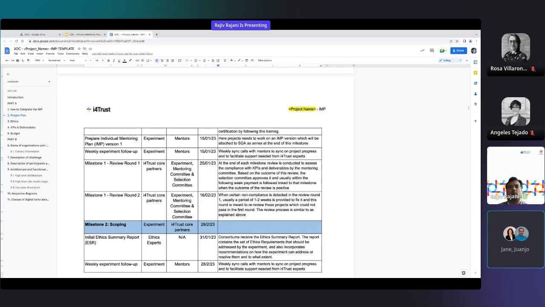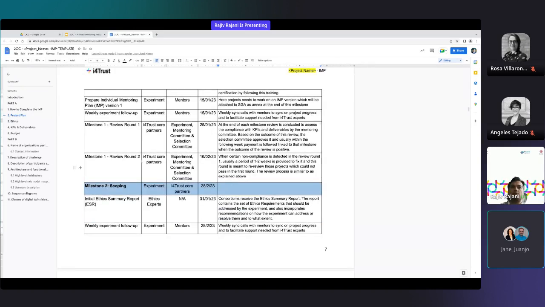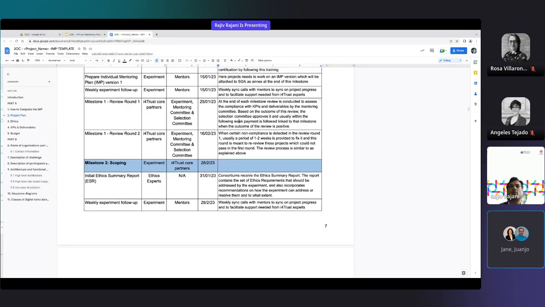However, it may happen that some of the experiments are still not able to fulfill certain requirements for this milestone. Then the mentoring committee, or mentors, will inform you that you still need to fulfill that requirement, and you will get more time for it. But there is no review round happening for that particular milestone, so you can fix the non-compliancy, but your review will be conducted along with the following milestone's review. So you will have to wait for closure of the previous milestone in the next milestone. I hope that makes sense to all of you.